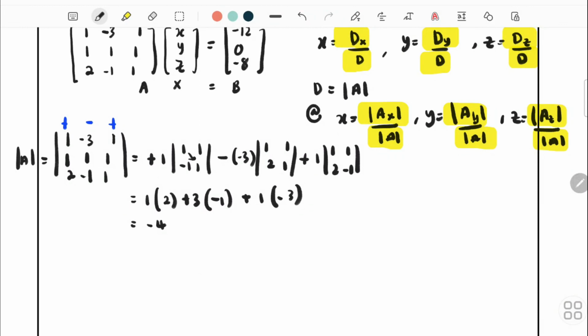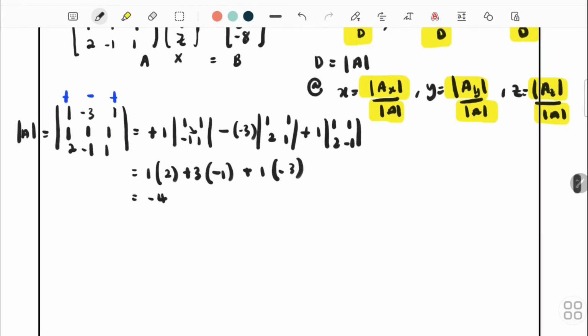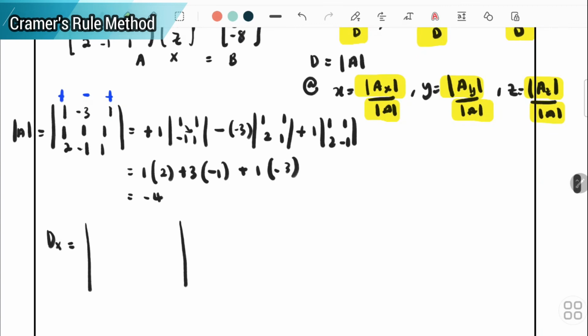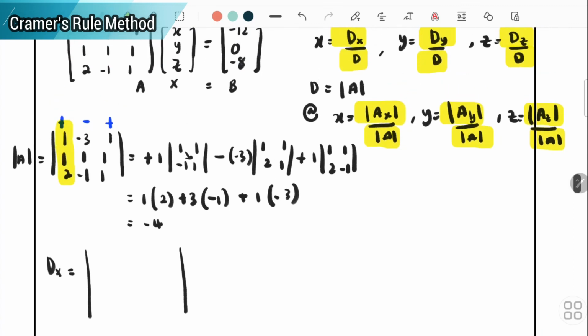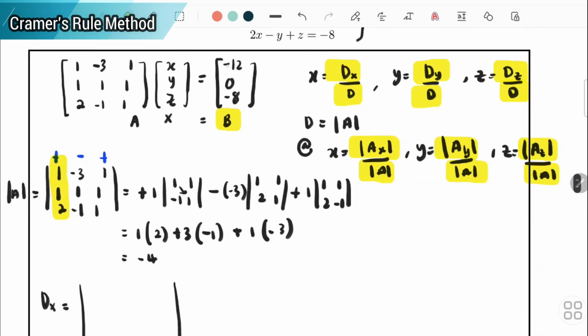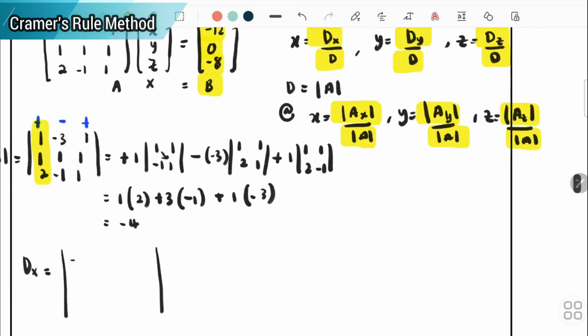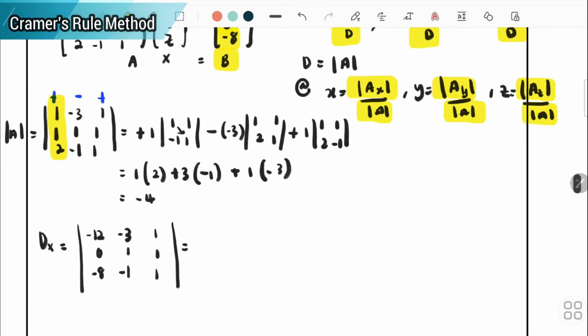So now we proceed to finding the D sub X. So D sub X is actually the determinant of the matrix obtained by replacing the first column with the matrix B. Okay, we're going to replace it by negative 12, 0, negative 8 as the first column. So the second and the third column will be the same as the matrix A. Then you have to proceed with the procedure of finding the